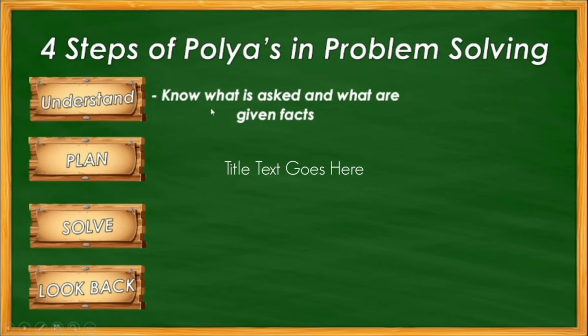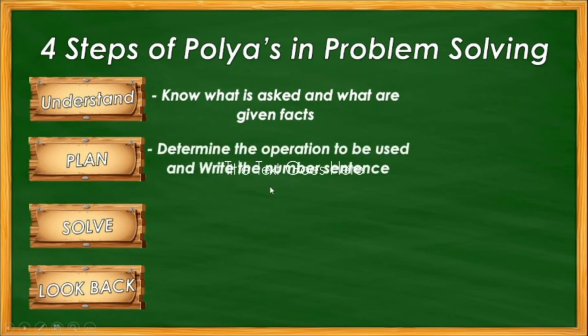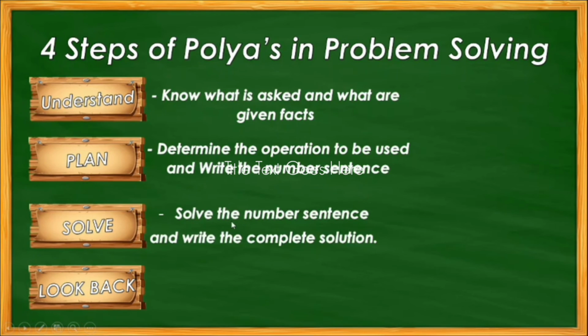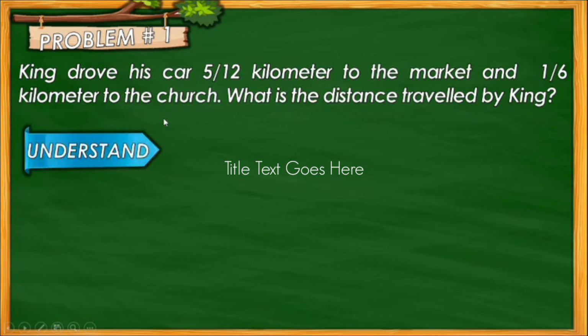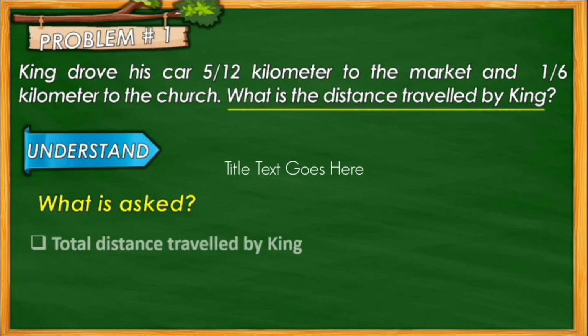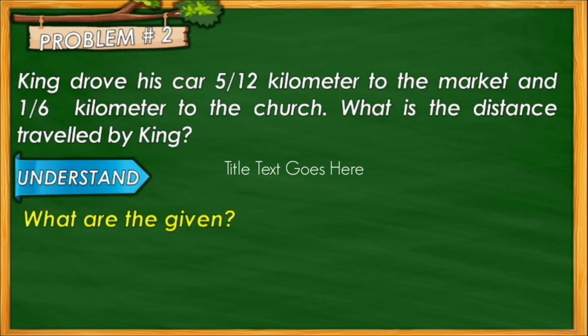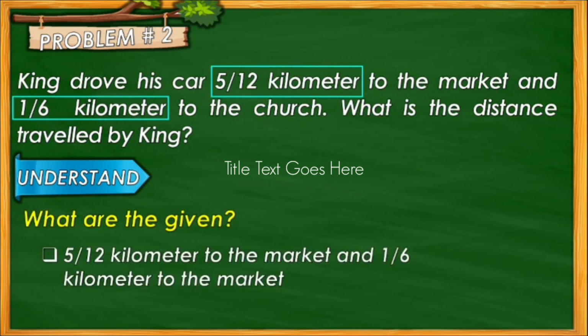So in understanding, we're going to know what is asked and what are the given. Determine the operation to be used, and write the number sentence in planning. And in solving, we're going to solve the number sentence and write the complete solution. And in look back, we're going to write and check our answer. So going back to our problem, let's understand what is asked in the problem. So the answer would be the total distance traveled by Kite. And the given are 5/12 kilometer to the market and